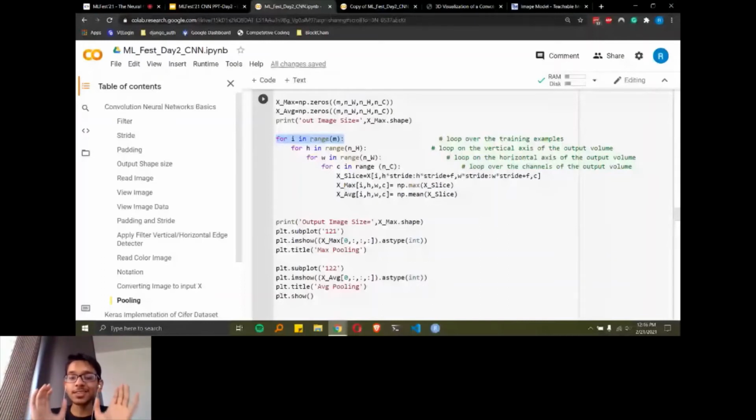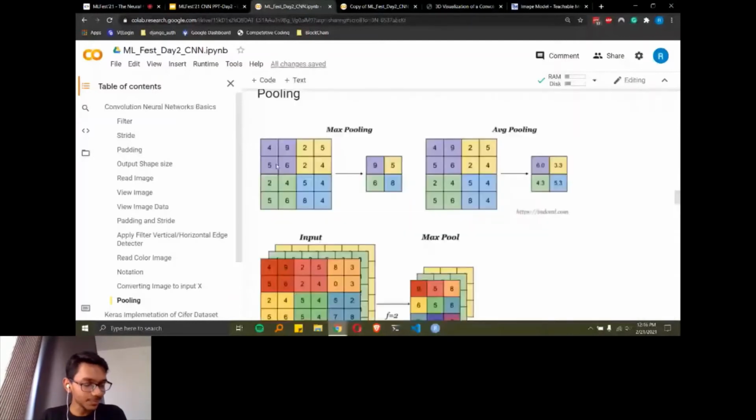Again, we are calculating the receptive field. Same, no difference at all. This actual function we are doing now is nothing but a receptive field. Means we have to look into that, and from here we have to calculate the maximum value. So that's what we are actually doing. So 4, 9, 5, 6, the maximum value is 9. So this is the receptive field for this max pooling filter.